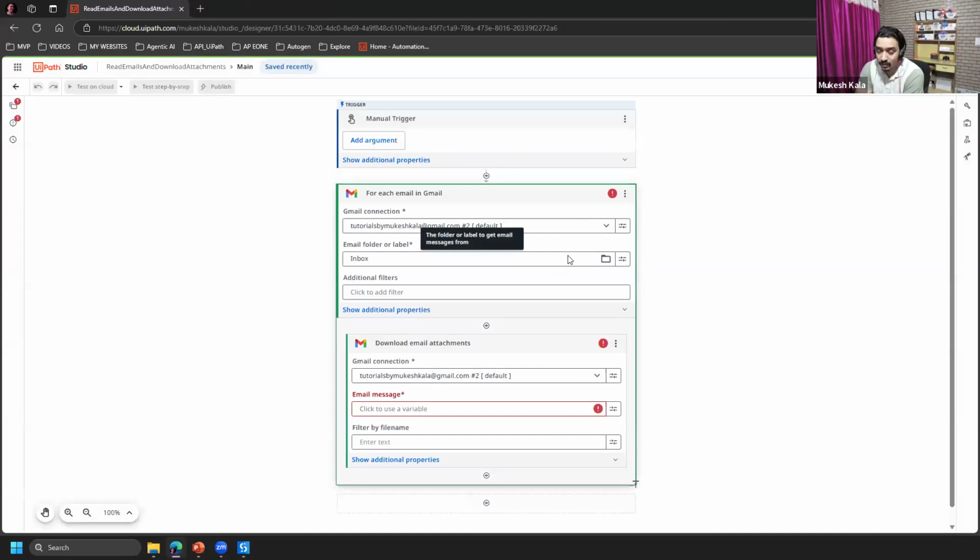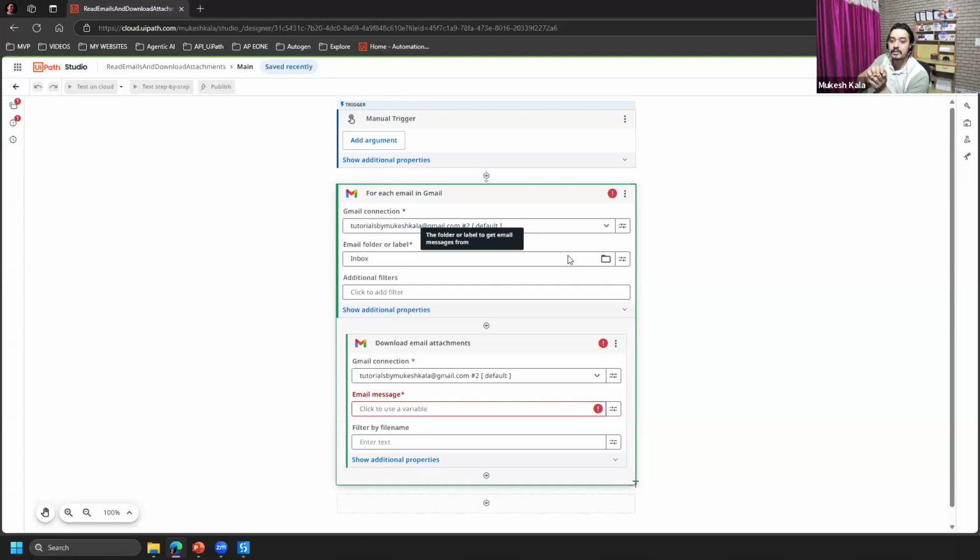I'll take a pause. I am connected to Gmail. Now, people who already have experience in coding, Java, .NET, C Sharp, Python, can I do this with Python? Yes, absolutely. But what about the coding time which I have saved? Do you guys see the value which I get? I just clicked on that.